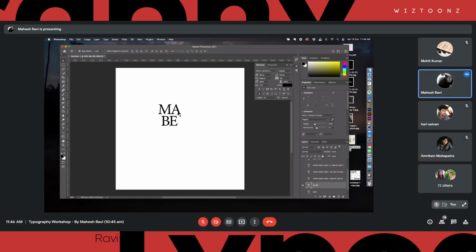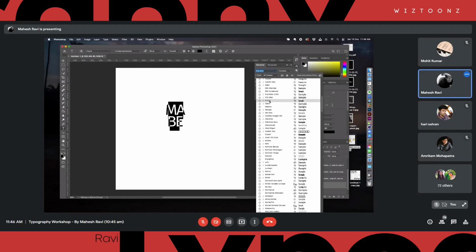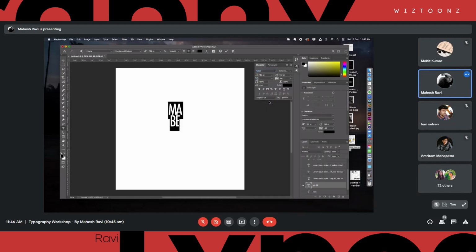Let's play around with the typeface. Perhaps this. I'm going to scale it up a little bigger. I'm just showing you another example of cutting the typeface.